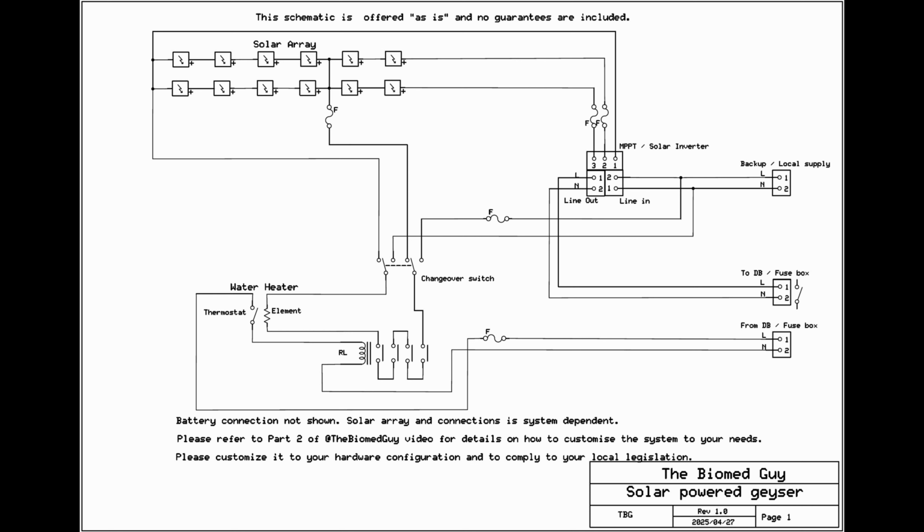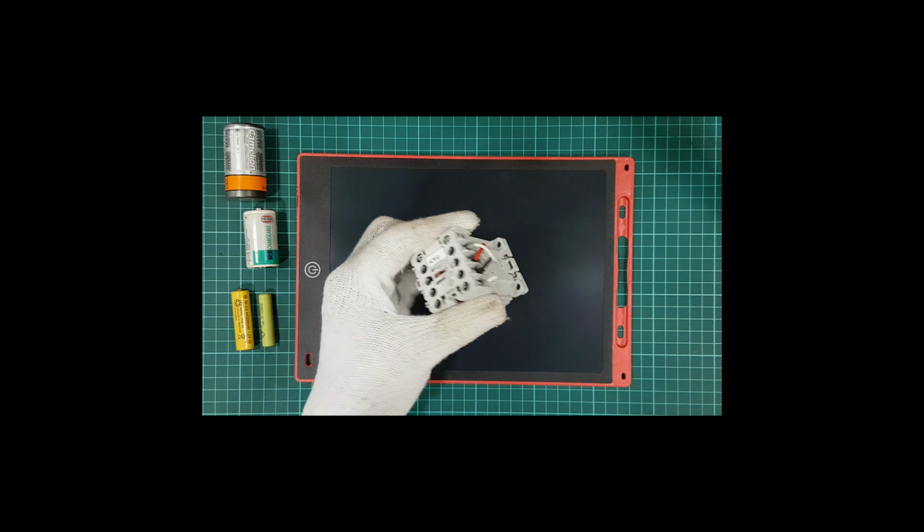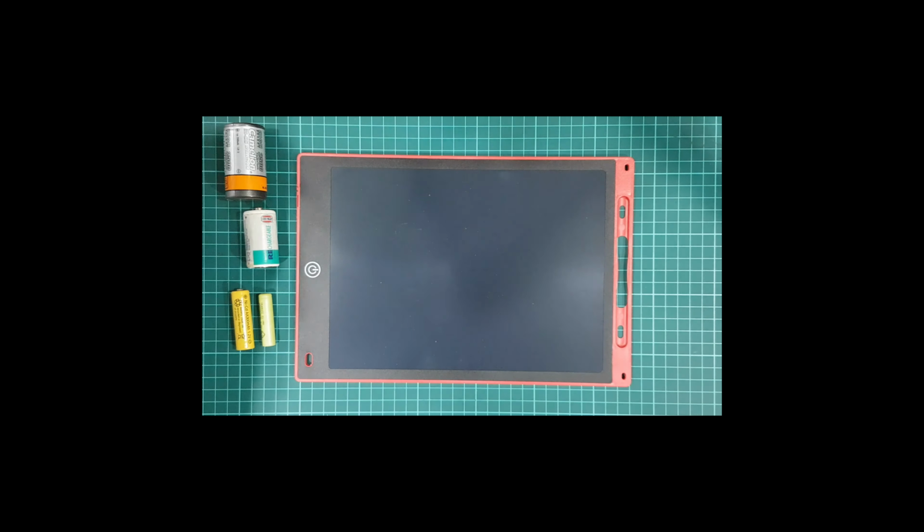In video 1, if you recall, we compared a geyser element to a normal resistor, and we did some tests on it on both AC and DC power supplies to confirm that it reacts the same as a resistor does. In part 2, we looked at the theory behind it with some hints and tips on how to customize it to your needs. In part 3, we looked at installing a contactor like this to protect your thermostat from damage. So in the fourth one, we're looking more into the schematic.